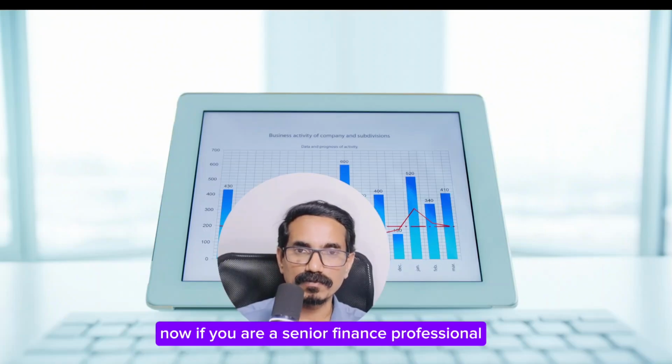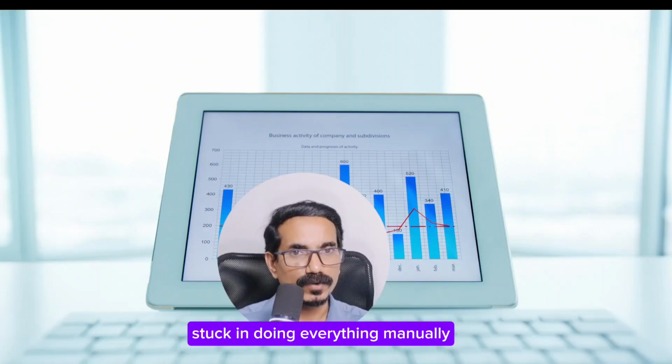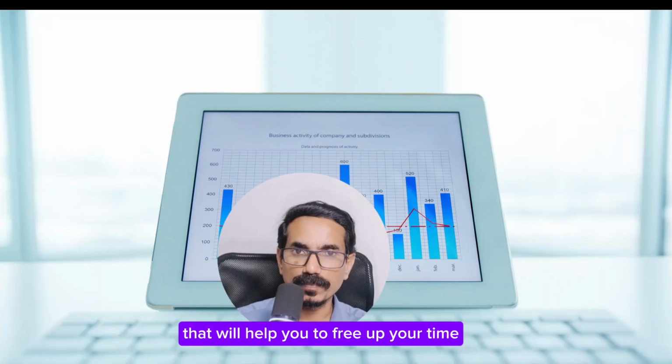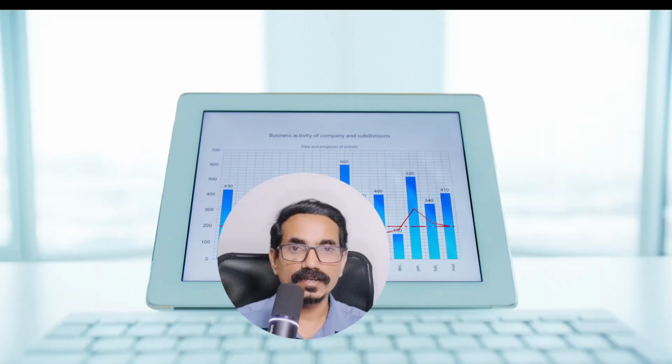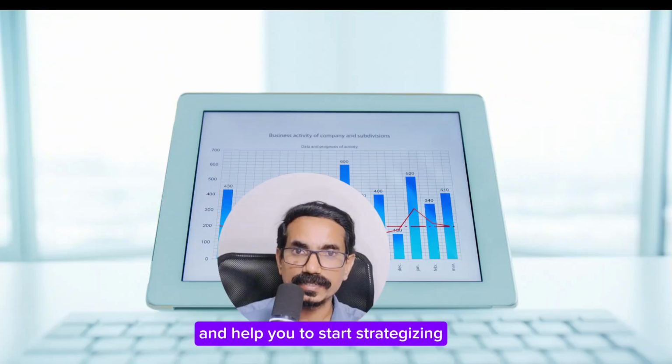Now, if you're a senior finance professional doing everything manually, these are the skills that will help you to free up your time and start focusing on things that really matter and help you to start strategizing instead